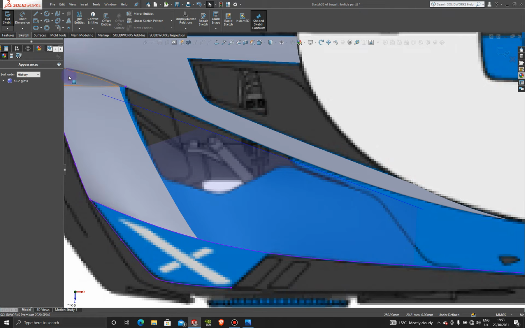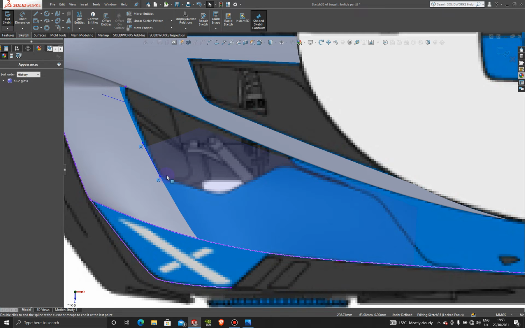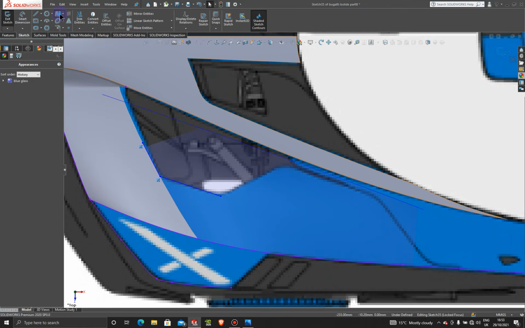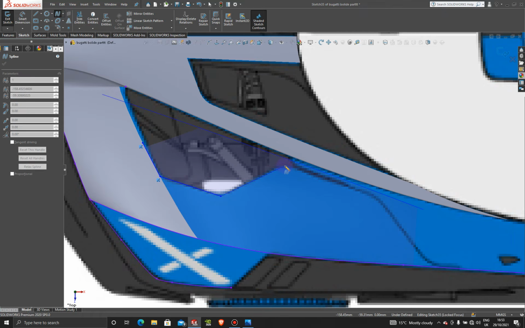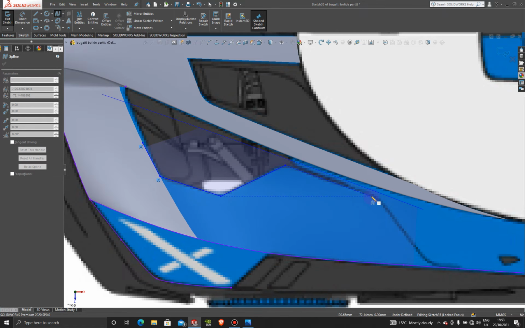All right. So let's grab a spline, and we're going to go from here. Exit, and I'm going to grab another spline from here to here. Exit, and another spline from here to here. Exit, and another spline from here to